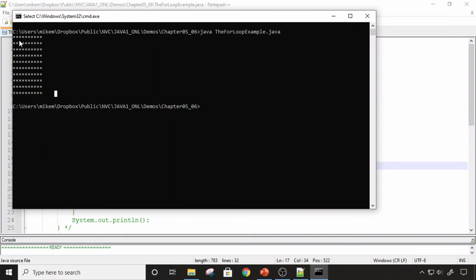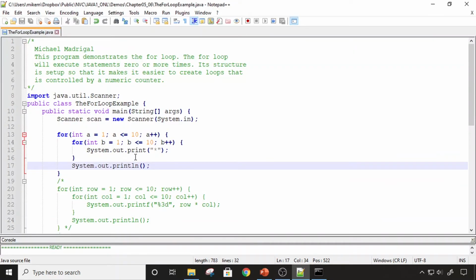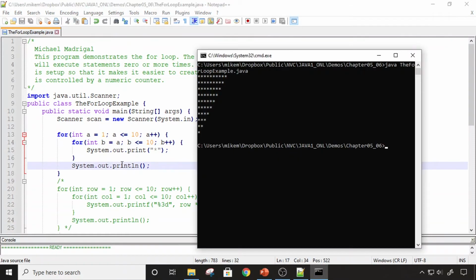Now what I can do if I wanted to make this shape a triangle, I can put an offset in my inner loop. So when I say put an offset in my inner loop, that just means instead of setting B equal to 1, or instead of going to 10, I can modify this depending on what the value of A is. So let's see what happens if I set B equal to A. So here's the result of setting B equal to A. So in my inner loop, instead of setting B equal to 1, I set it equal to A. So every time A increases, B is going to start at a higher number. So we have a shape where the inner loop is actually executing more times at the beginning and less times